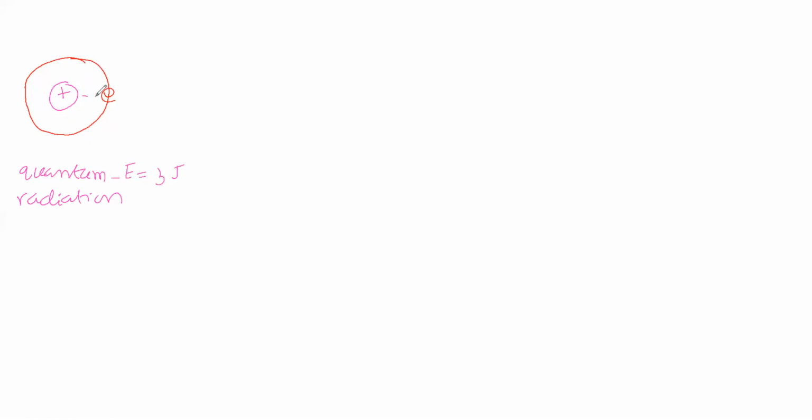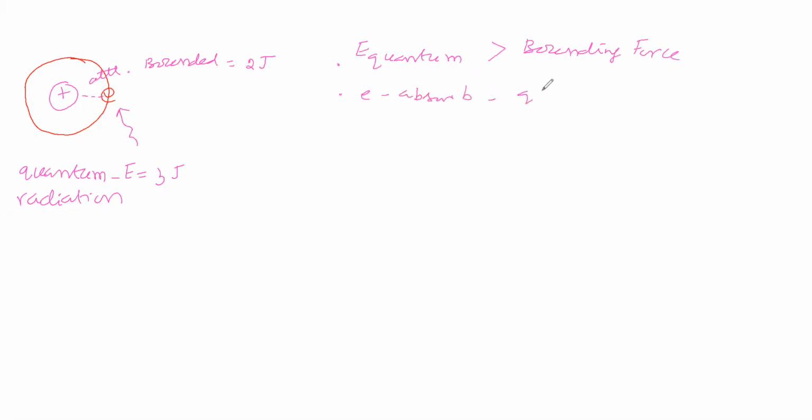Now, between nucleus and electron, attraction is possible. Therefore, the electron is bounded in the metal atom. That bounding force is, suppose, 2 joule. Now, this quantum is falling over this electron. The electron is absorbing this energy. So, what happens here? In this case, energy of quantum is greater than bounding force. Now, the electron absorbing the quantum,